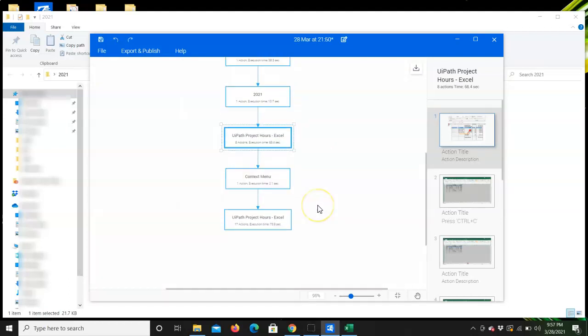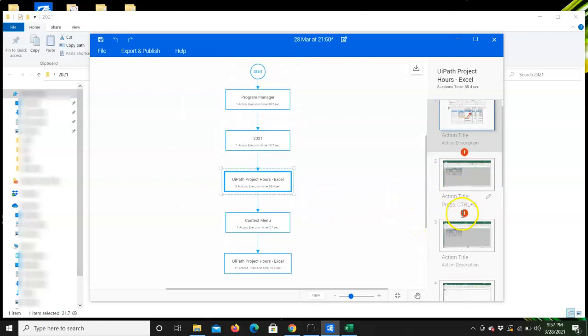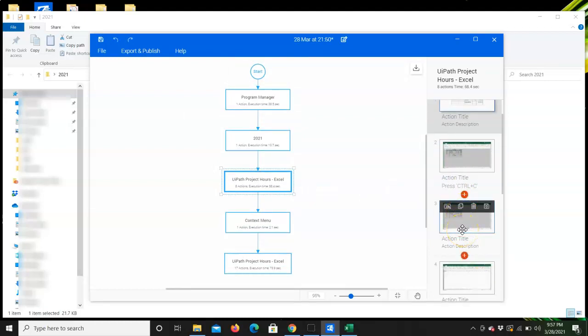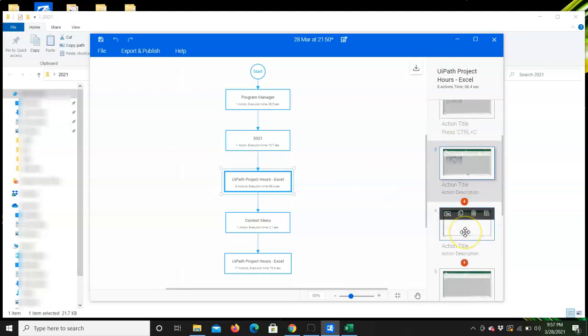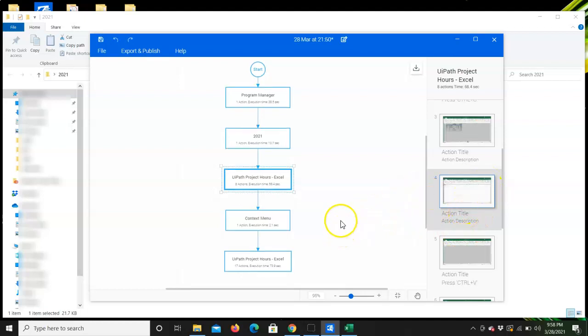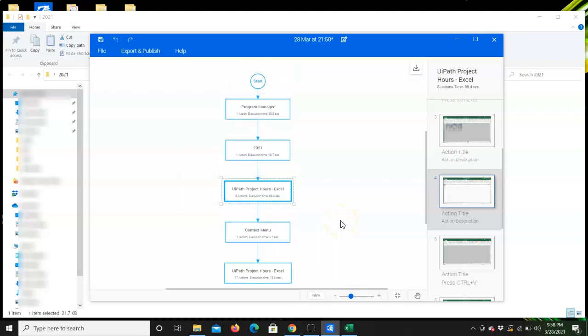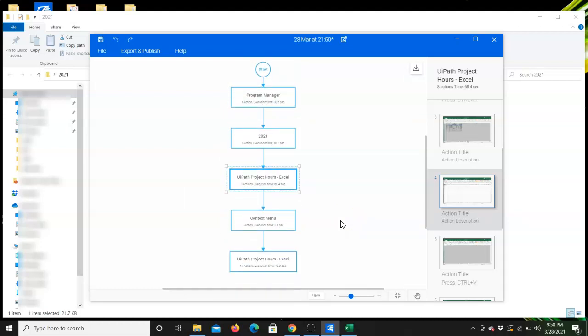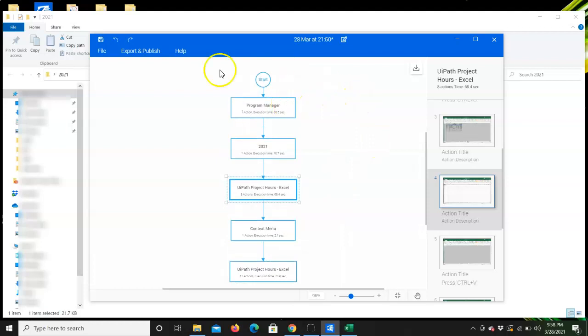All right, maybe at this point you have determined that this is all that needs to be done, and maybe you have some other pages within this particular flow that may be redundant. Then you also have the ability to delete some of these images if needed. You can edit them, you can copy them, you can save the individual images that have been captured as screenshots that you may want to email somebody. So you have a whole host of options available,